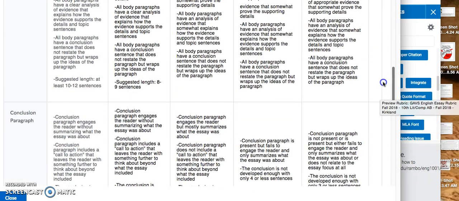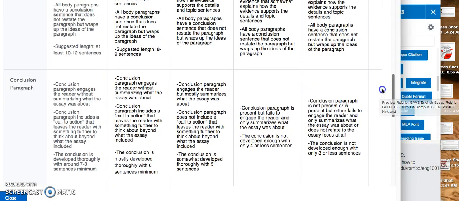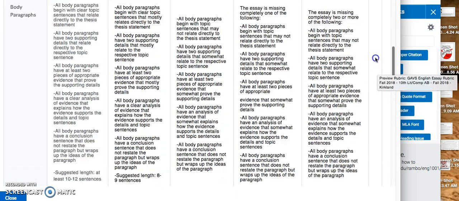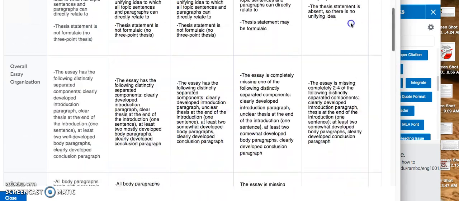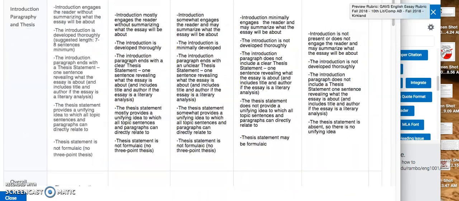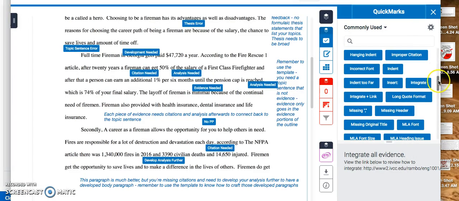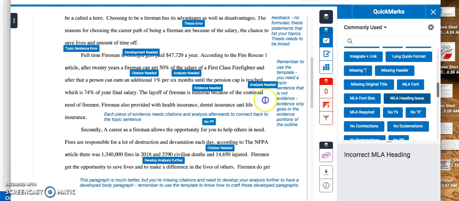So mainly what you see in this new rubric is that we have more development requirements in all aspects of the essay, especially the body paragraphs, and then we've made the thesis requirement a little more clear as well. So again, super helpful to make your own drag and drops here with these